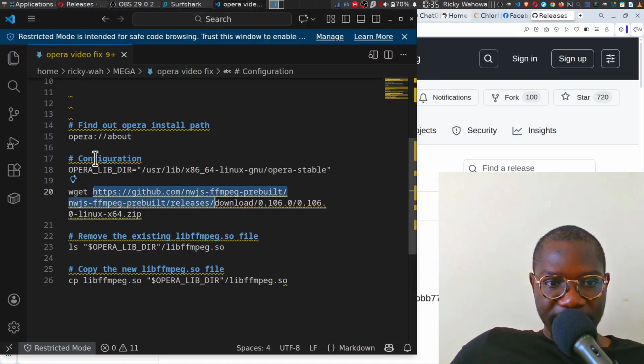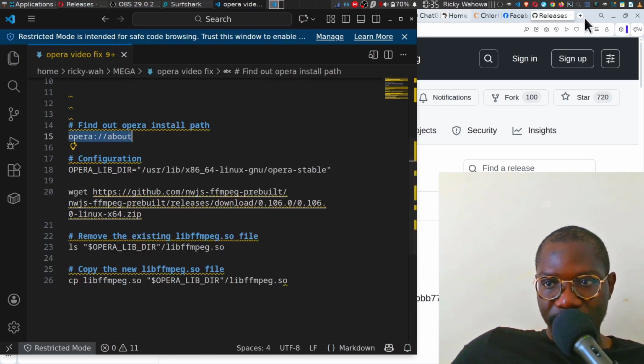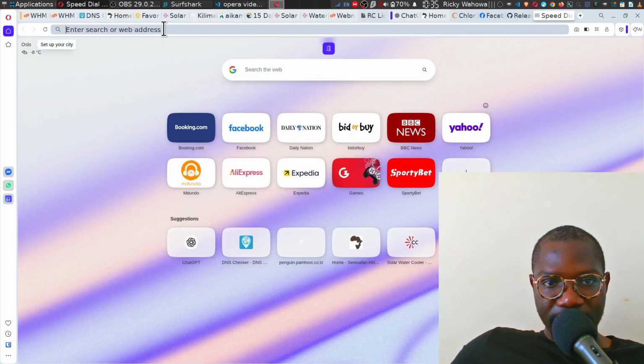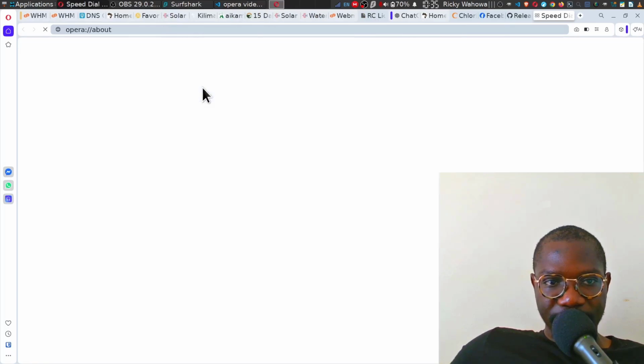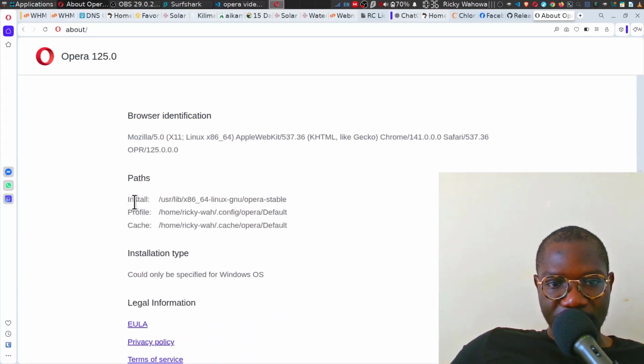So most importantly, find out your Opera installation path on Linux. So I'll copy, and then go to the Opera browser, paste and go. And if you scroll down, you're going to see your installation path. Copy that